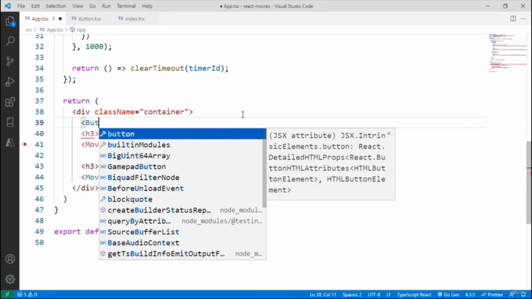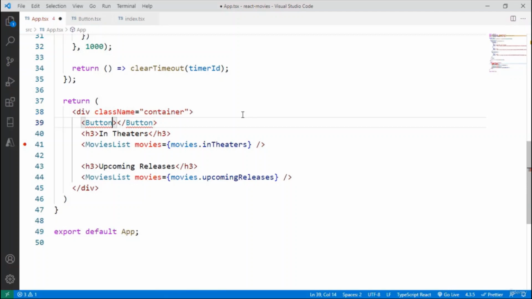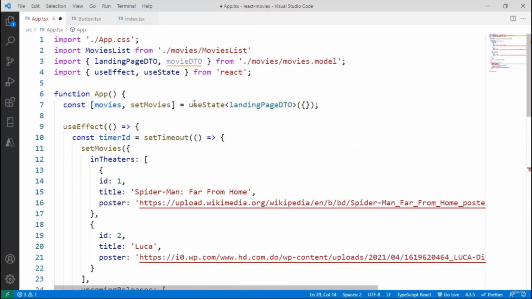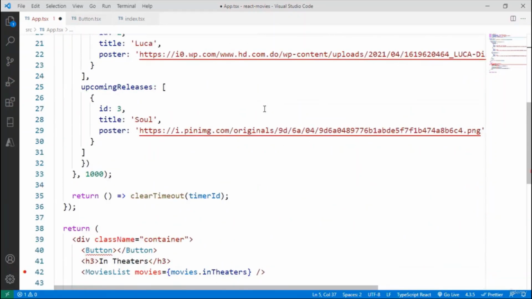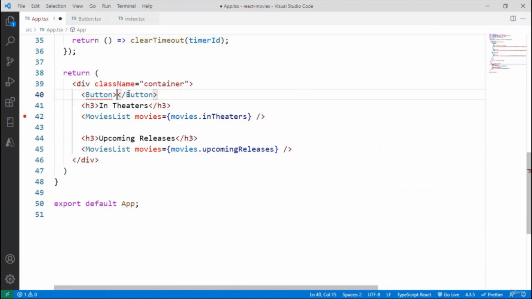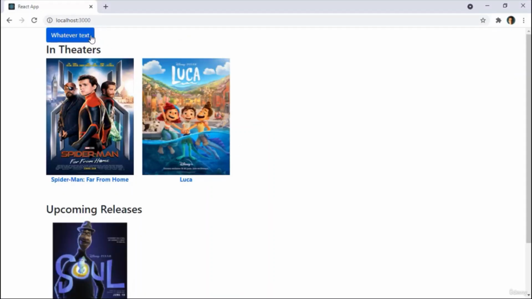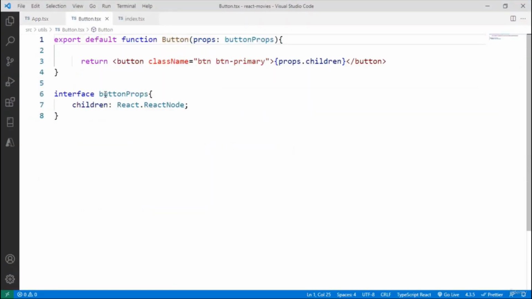We're going to say here props.children, and now we can save here and come back here, and for example, again, let me put button here, but this time it's going to be Button with capital B. So let me import, and let me delete this. Let me import that Button from utils/Button, and let's come down below, and let me say here the children, so whatever text, and let me save, and let's come back to Google Chrome, and now we have the button again with whatever text, but this time the design of the button is centralized in this component,